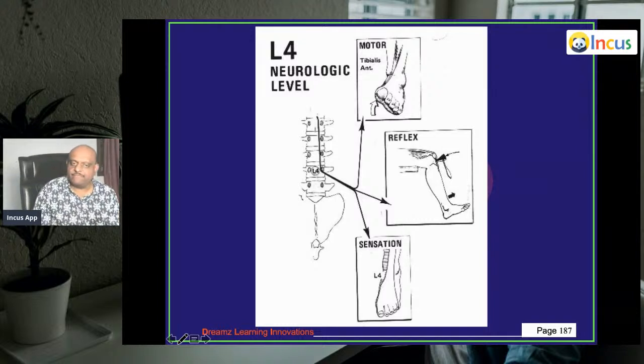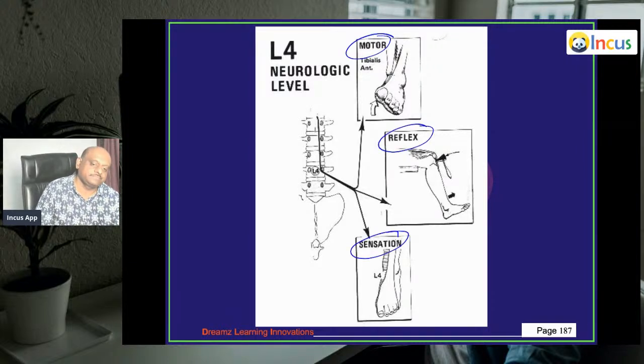So for every level, how do you do localization? You do motor testing, reflex testing, sensation testing. Tibialis anterior is motor. Knee joint is the reflex. And the big toe